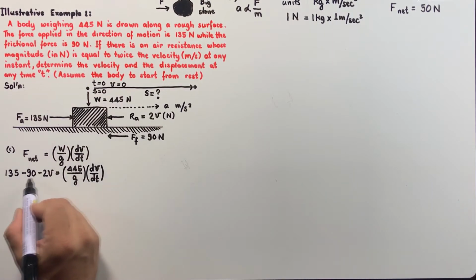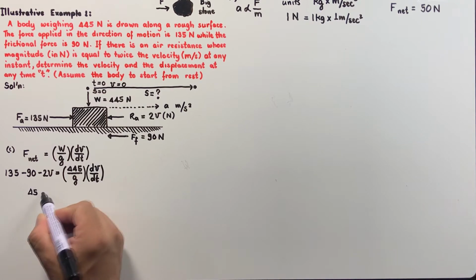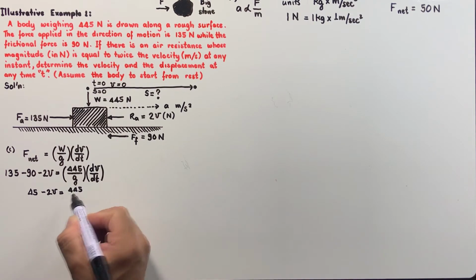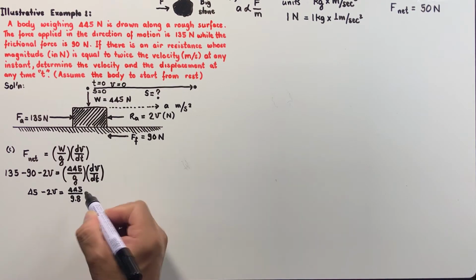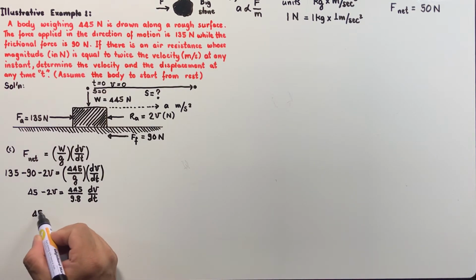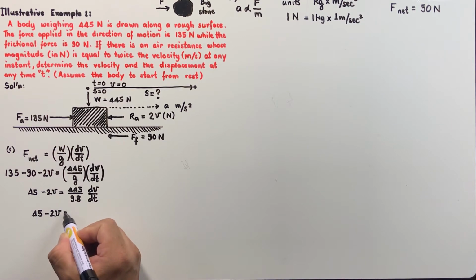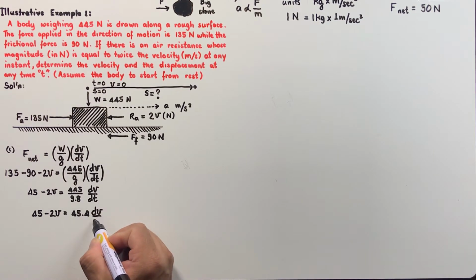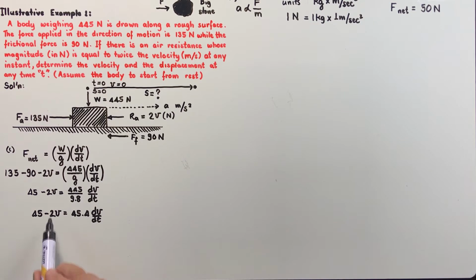So simplifying this one, we have 45 minus 2v, which is equal to 445 divided by 9.8 meters per second squared, because 9.8 is our acceleration here due to gravity. So dividing these numbers here, we have 45 minus 2v, which is equal to 45.4 dv dt. So multiplying both sides of the equation by dt, we have dt, which is equal to